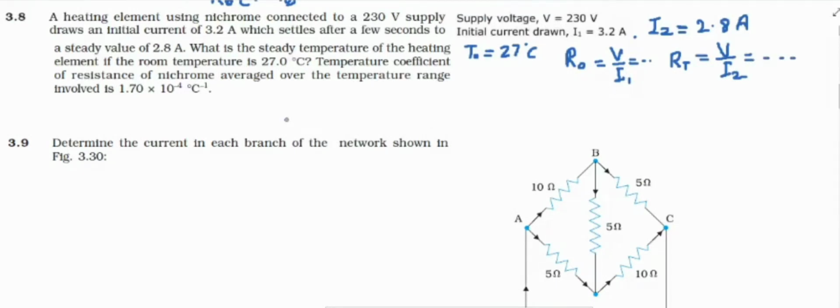Now you have to calculate the steady temperature. As I mentioned in the previous problem, first find the value of T minus T naught. T minus T naught is equal to RT minus R naught divided by R naught alpha. So substitute the values and find T minus T naught. Once you get T minus T naught, substitute the value of T naught and find the value of T. Then next